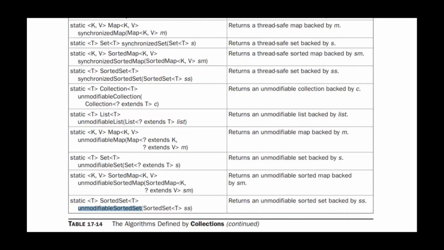The methods that are unmodifiable return views of various collections that cannot be modified. These unmodifiable versions are useful when we want to grant some processes permission to read and some processes not to write. Then we can use it. Collection defines three static variables, that is empty set, empty list, and empty map. All these are immutable.